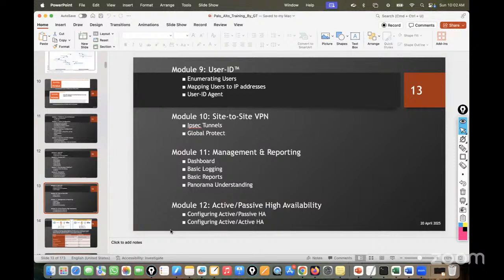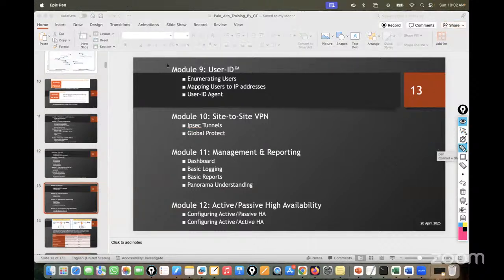Whatever users we have in the company, if they are trying to access anything from inside to outside network or outside to inside network, this firewall is going to understand their username. If I'm talking about the username, that means the actual username who used to log in your